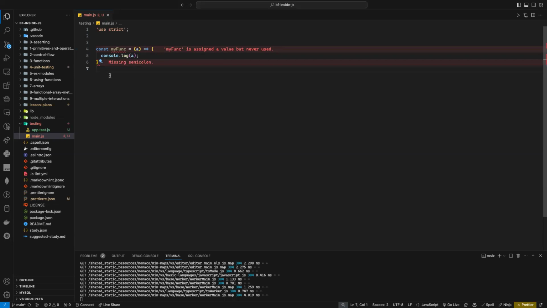Now, in my debugger, if I click on next, it will come to line 4 here. It will create a variable which is called myFunc, and it will store the value, this function. When the debugger is here, then it will move on. It will not go inside the function. It just comes to this one like any other variable. It will create this variable in the scope or in the memory,